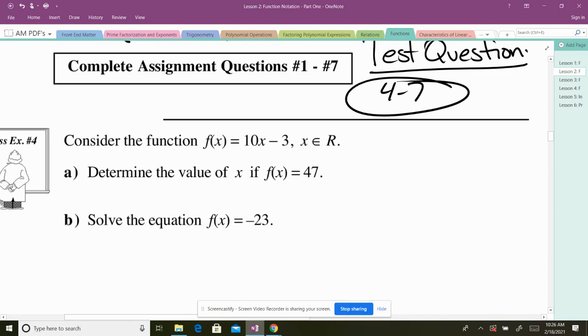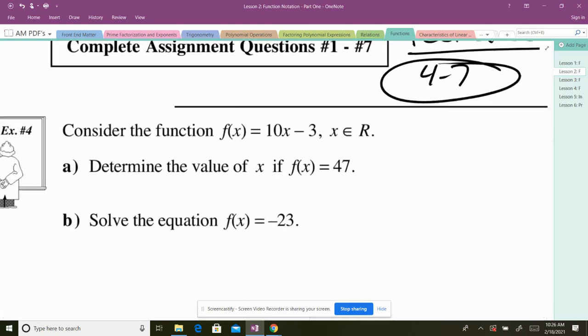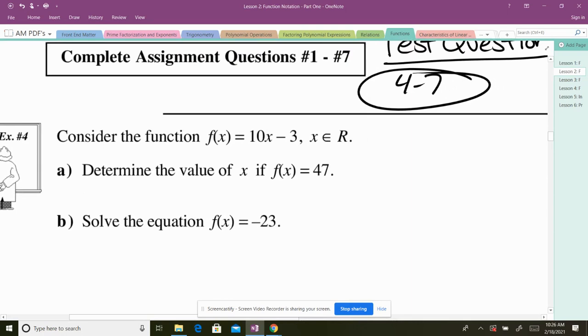Okay, bottom of page 310. So we have our function f of x is equal to 10x minus 3. They're asking us to figure out what x is if f of x equals 47. So now they're not telling us what x is. We have to figure it out, but they're telling us what the y value is. This is essentially the y value. So they're saying you put some value into this function and it equals 47. So we simply go 47 equals the whole function, 10x minus 3. Because we're trying to figure out what x is.